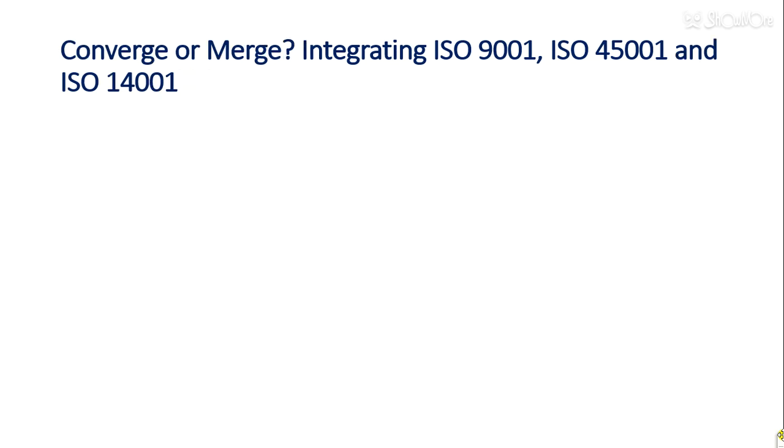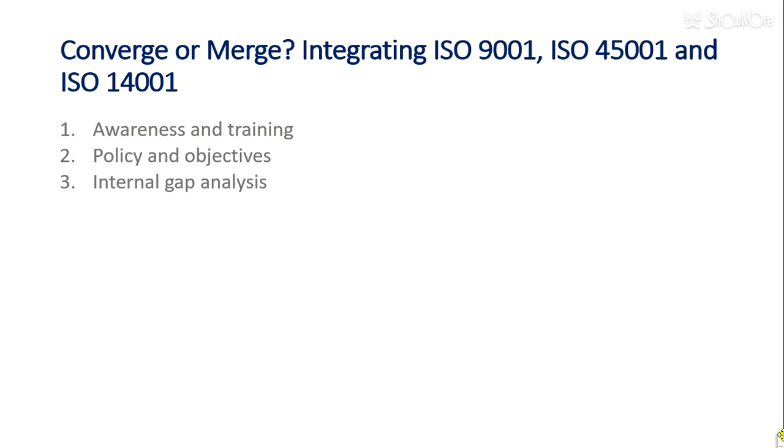So what can you do to merge or integrate management system standards? So you could provide awareness and training across the organization. Why do we need the management system standards? What's in it for each level of the organization, top management, supervisor, workers, to implement these management systems and how they can benefit from it? You have to put it in their own words. Then you have to create integrated policies and objectives in the organization.